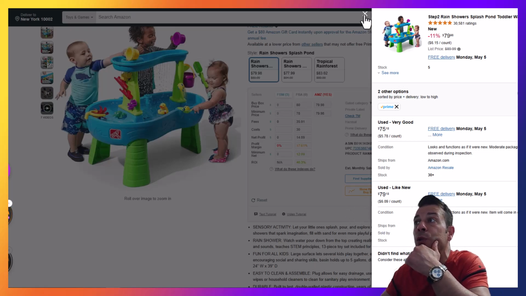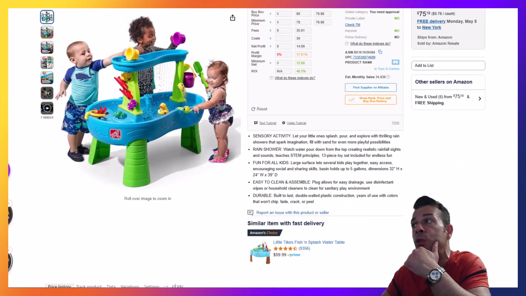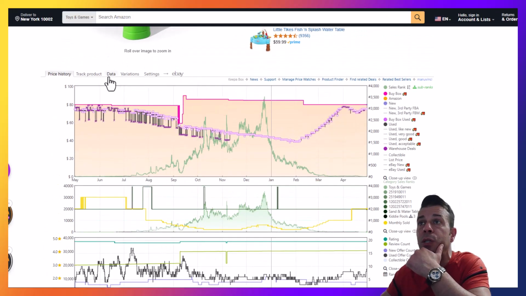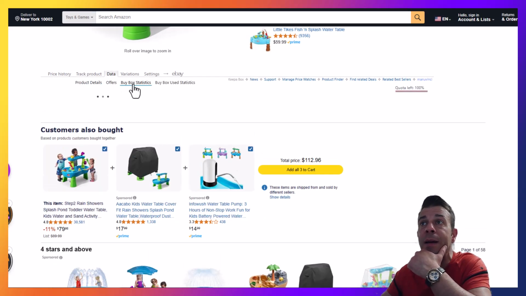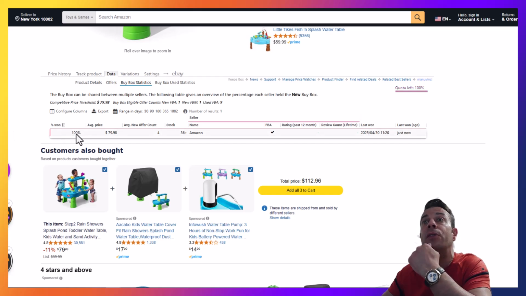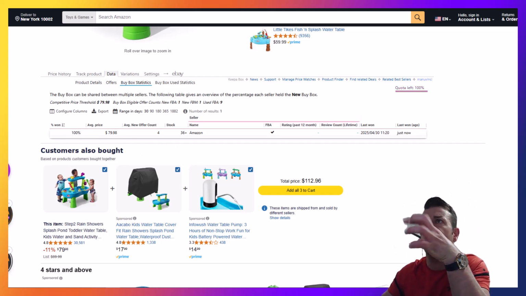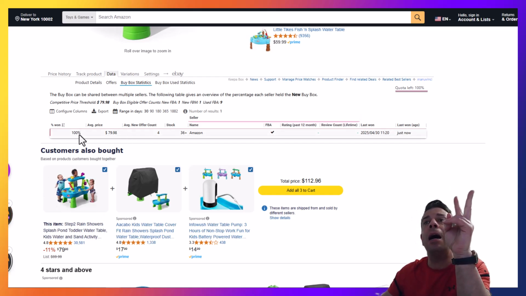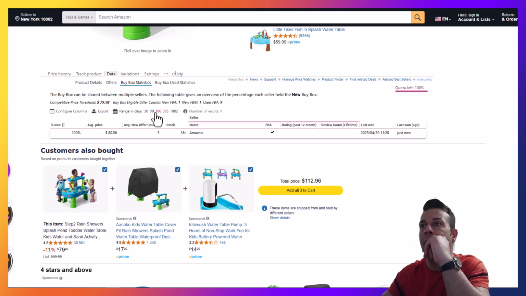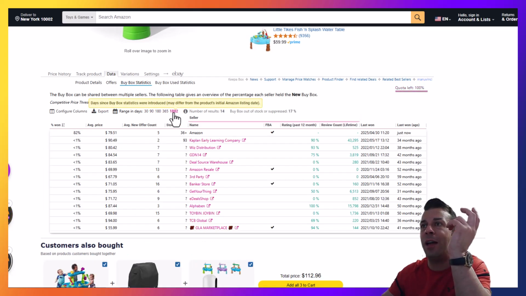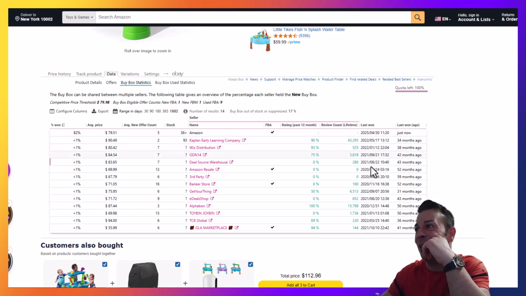So one thing that I want to be checking is, are they dominating the buy box? To see if they are, you're going to be going on the data, buy box statistics, and see if they are taking 100% of the buy box on this product as well. Okay, so now we've checked two products, and on both of them Amazon has got 100% buy box domination. Okay, and you can see if they've ever shared it. Actually, they did, a long time ago in 2022 they shared it, but still